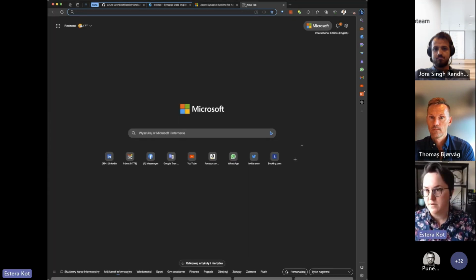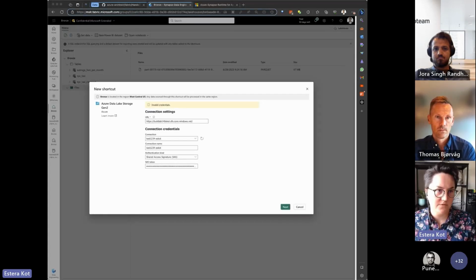Okay, I need to check my account to get the security key to access the Azure portal.